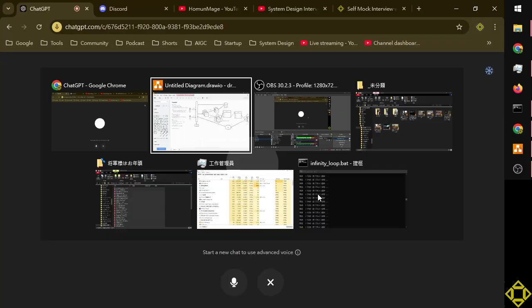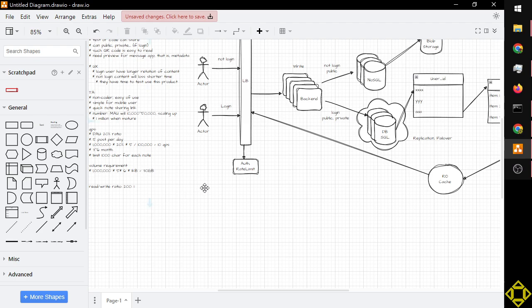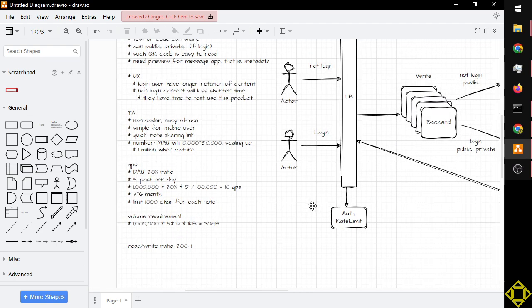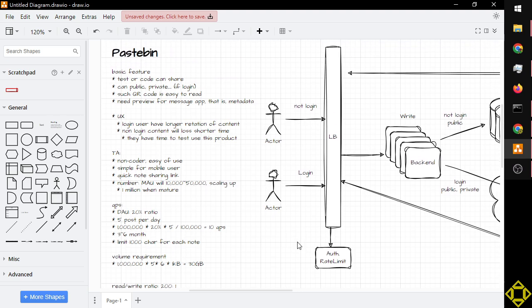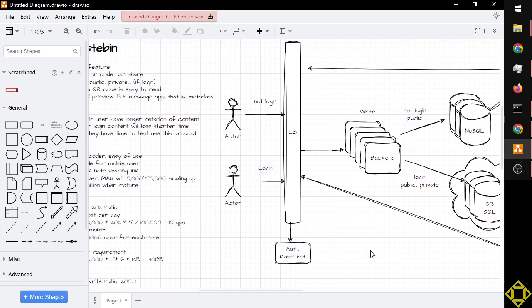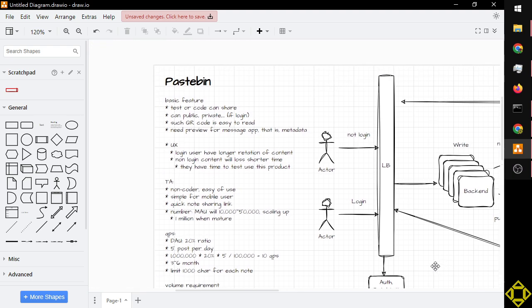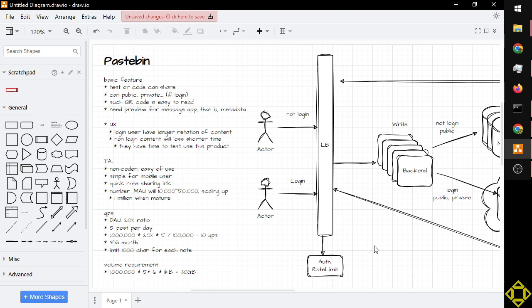Okay, I think first we can focus on the user side, because maybe we want people to be able to log in and even pay for the service. So maybe for the payment tier, the people who pay can get more storage and faster access speed, and as long as they are in premium mode, their storage time will not be limited. For example, if he pays for 4 years,